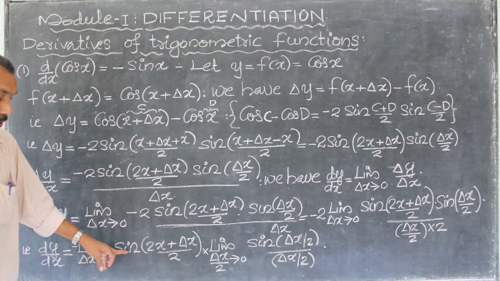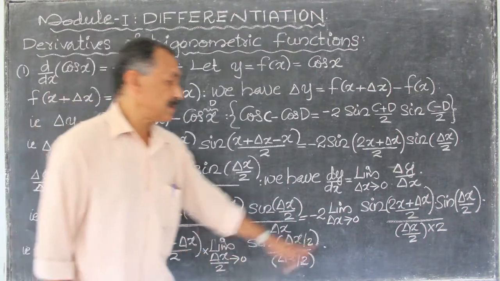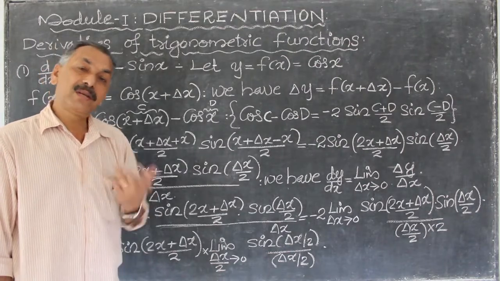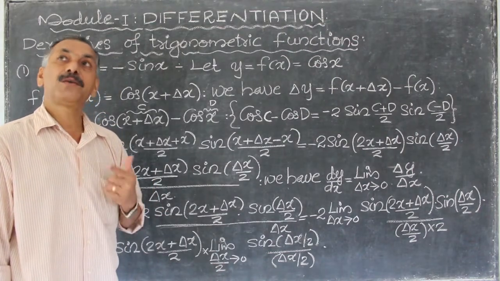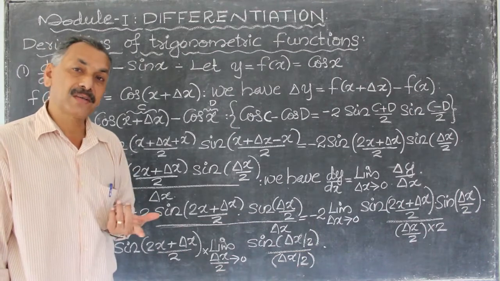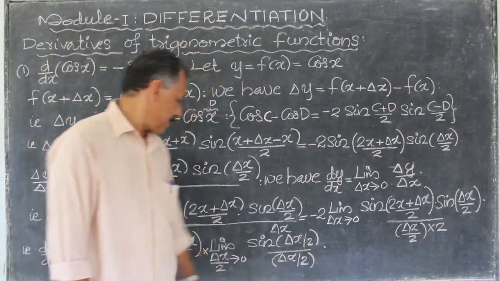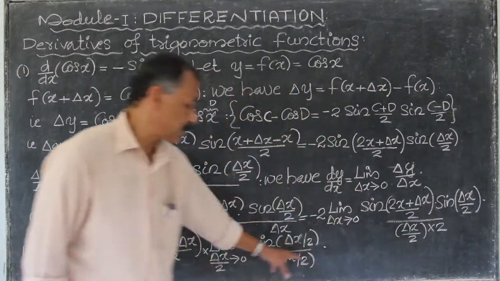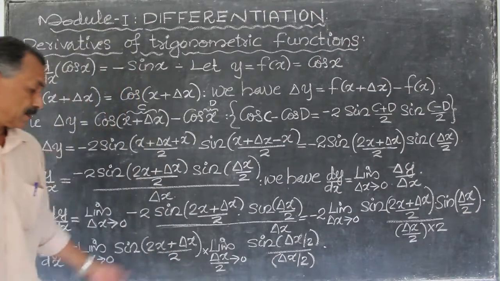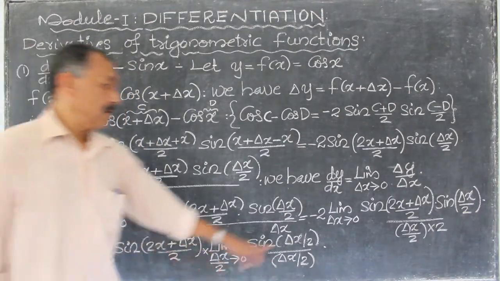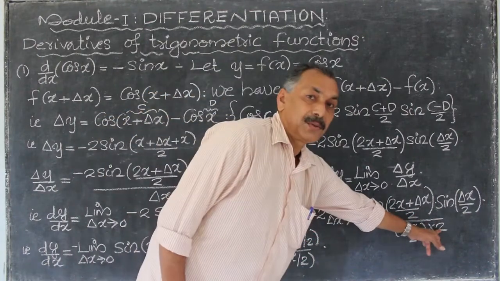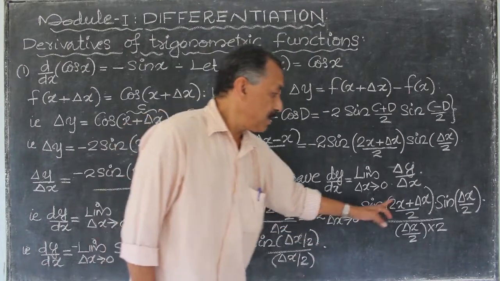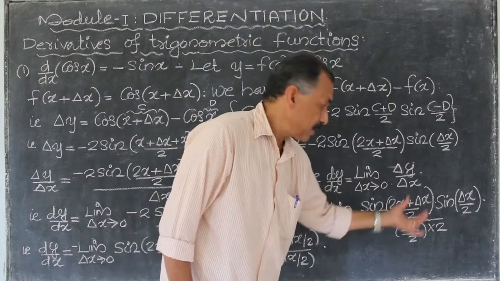sin of (2x plus delta x by 2) into limit of sin delta x by 2 divided by delta x by 2. The limit of f into g is equal to limit f into limit g. So the limit of f(x) into g(x) is equal to limit of f(x) into limit of g(x). A separate limit applies to each here. The limit of minus 2 cancels. Then minus limit delta x tends to 0 of sin of (2x plus delta x by 2) into limit delta x tends